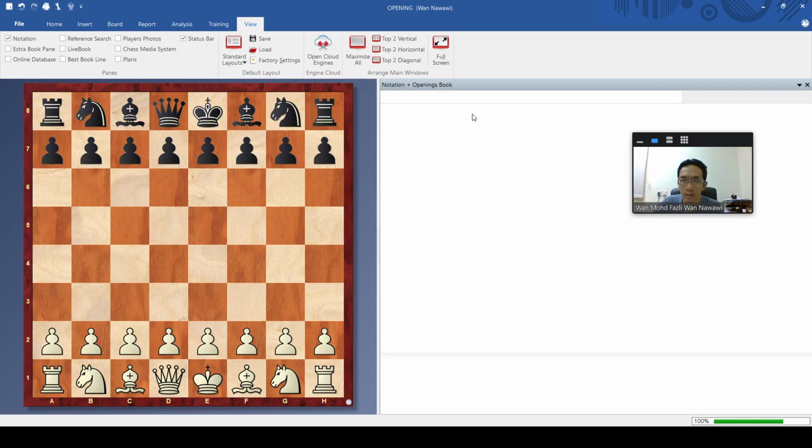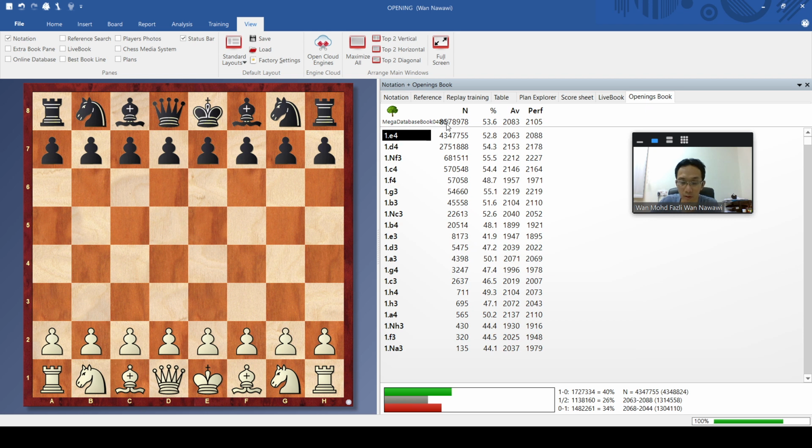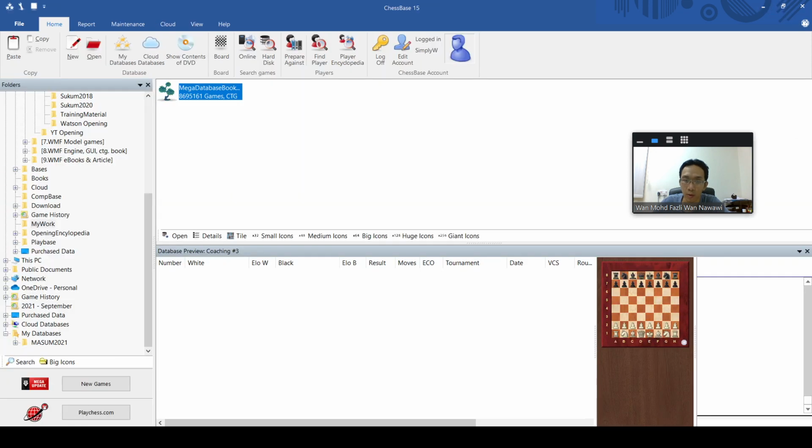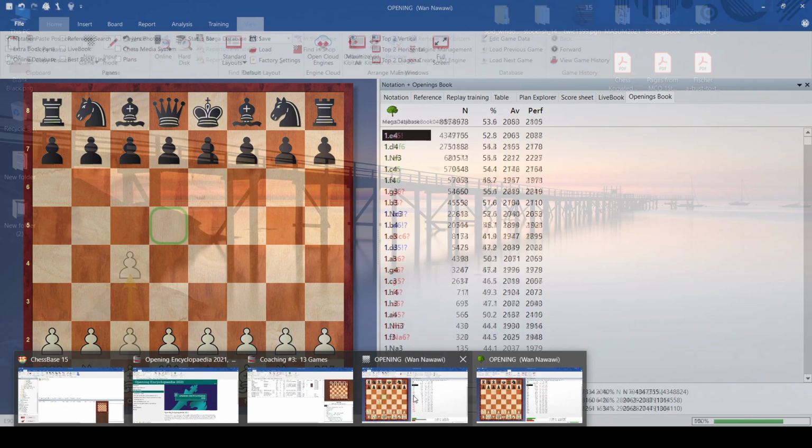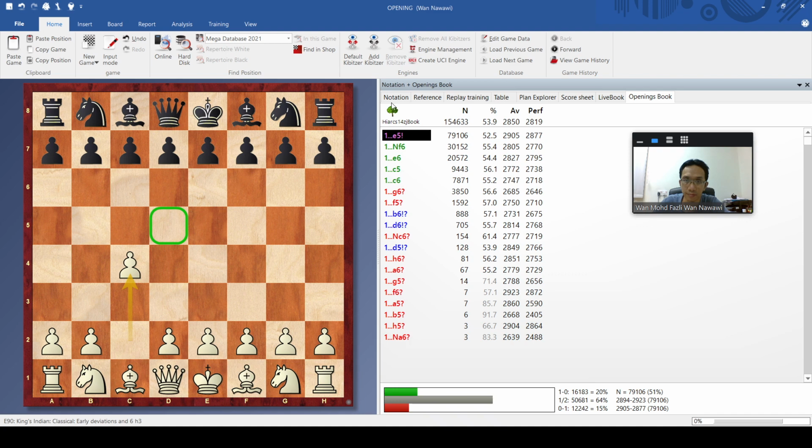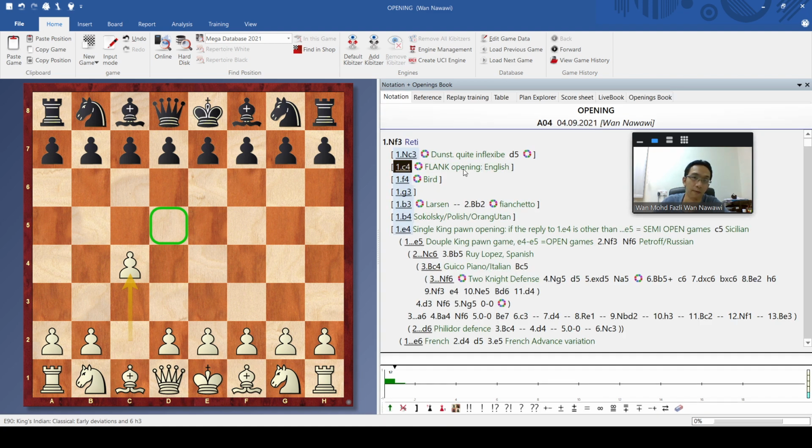From this, because this is just statistics, you can see that C4 and F4, C4 is quite on the top. So they put it as a very important opening. That's why they call it the English opening, standing by itself, but we can still say it is a flank opening. That is a classification system only.